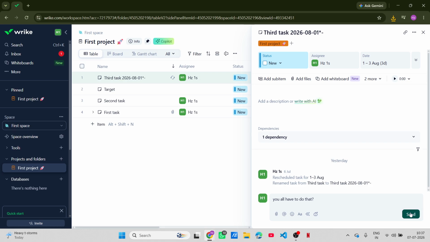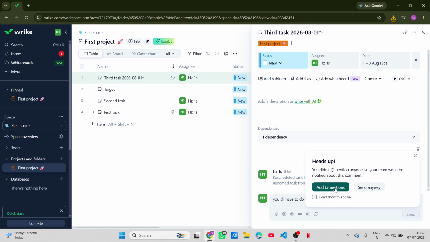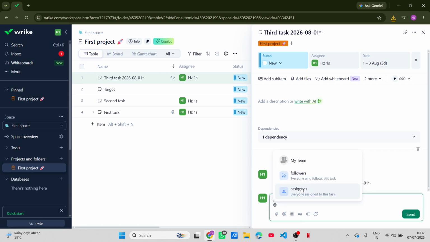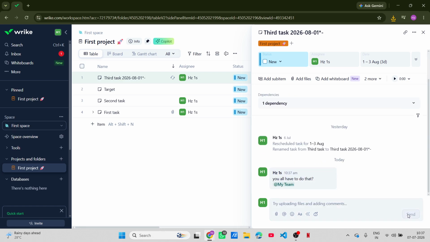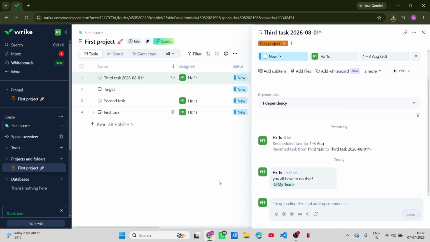Now, here's a neat feature you might want to use: @mentions. If you want to loop in specific team members or groups, simply type the @ symbol followed by their name. Wrike will help you out by dropping down a list of names to choose from. This feature is super handy for notifying people directly when you need their input or action on something specific related